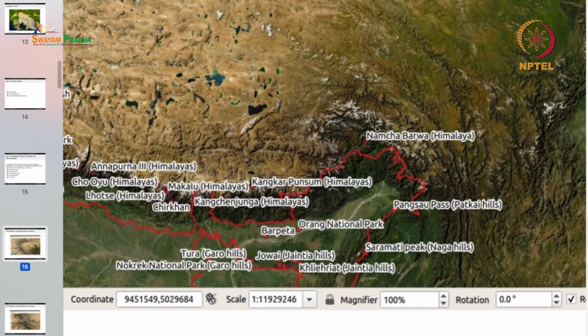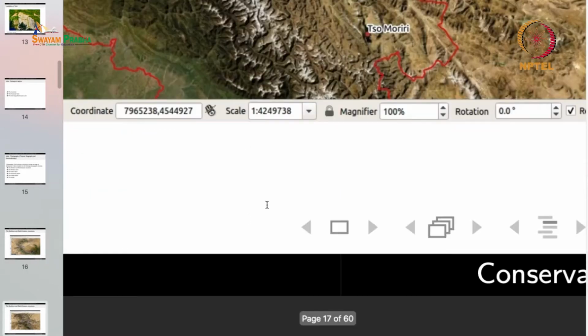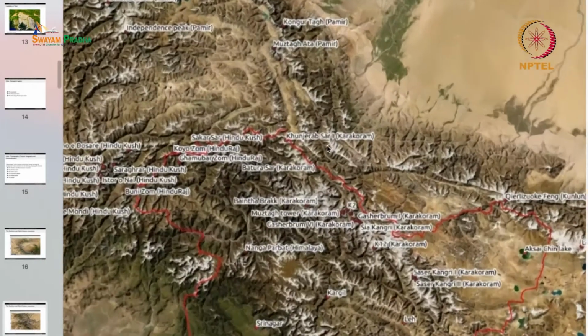Here we have the Namcha Barwa. So Namcha Barwa is the easternmost edge of the Himalayas. At this point the Himalayas take a turn towards the south. And then in the northeast we have the Patkai Hills, we have Naga Hills, Jaintia Hills, Garo Hills, and so on. Now if we look at this region in more detail,